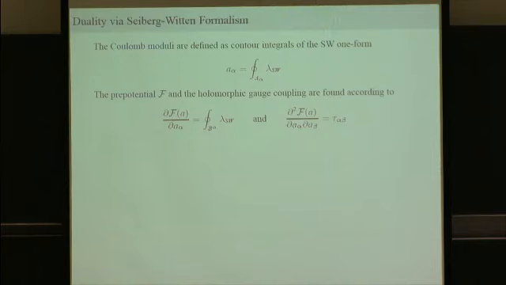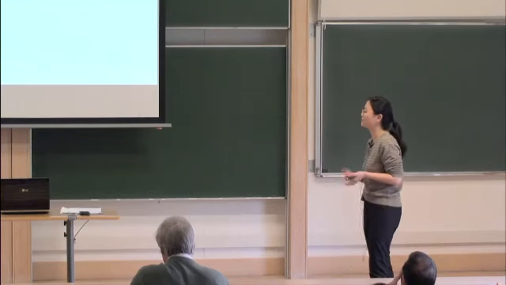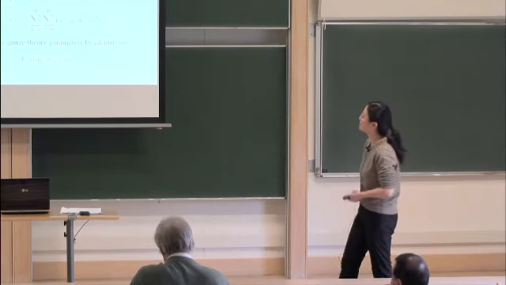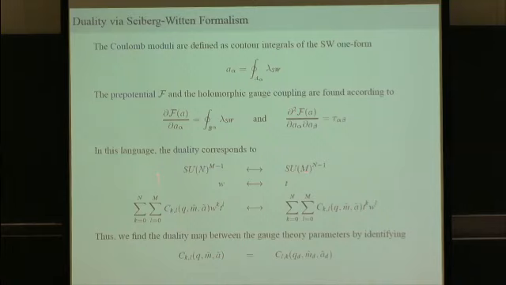So basically, all this is motivation that you just need to check the Seiberg-Witten curve, for instance, if you want to see the duality for the 2 series. So in this language, the duality corresponding to this SU(N) to the power n-1 and this SU(M) to the power n-1 just correspond to swapping W with T in the Seiberg-Witten curve.